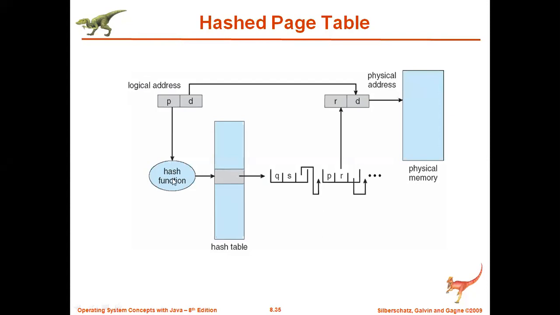Then the hash function will not go to the page table. It will go to the hash table. That is nothing but one unique number it will identify. That unique number is nothing but a linked list implemented within the hash table. Linked list, I think all of you know. First, it will generate one unique number called Q. Then it will check whether Q is equal to the page which the CPU has generated.